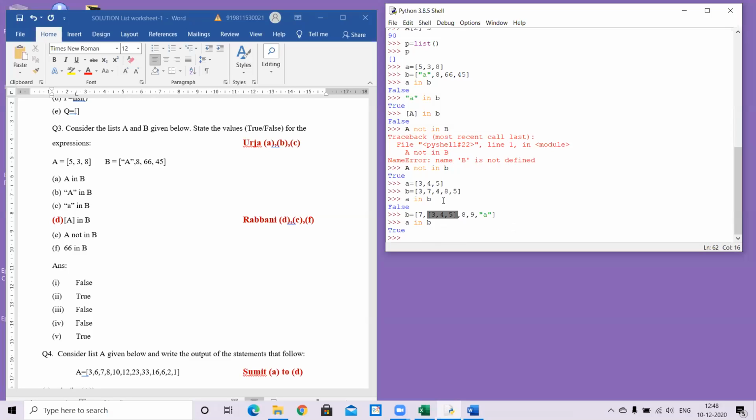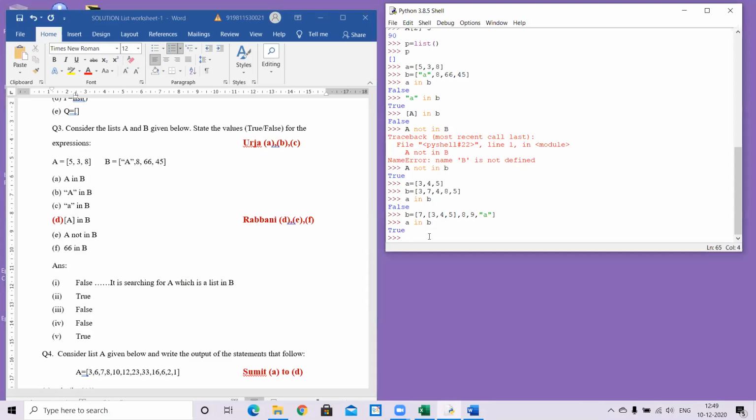This is not doing the normal set operation check. It is not picking up individual elements and checking. That's not what is being done. Because A is a list, it is trying to search for a list containing 3, 4, 5 in B. So let me put it here. It is searching for A, which is a list, in B, not an individual element. Now what happens if I give an individual element in B?